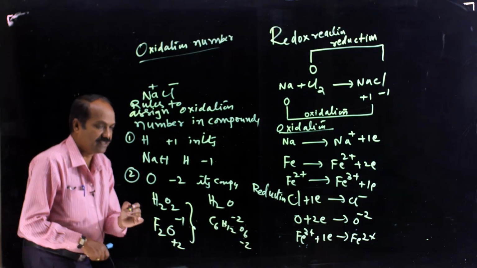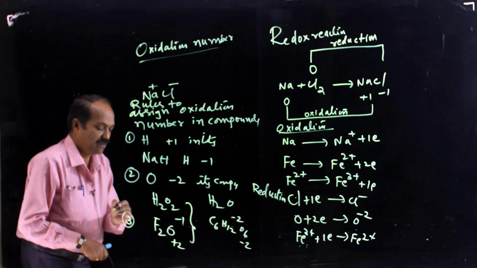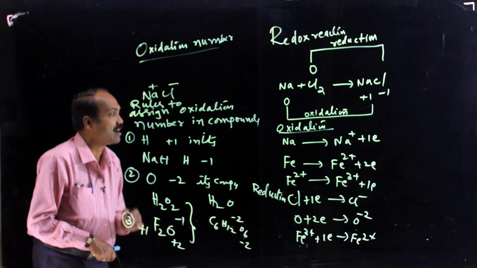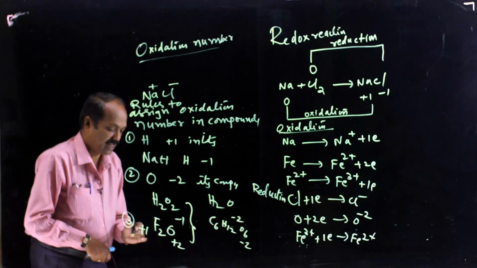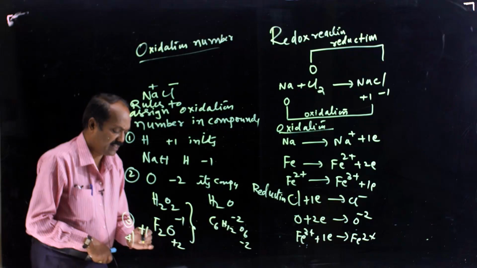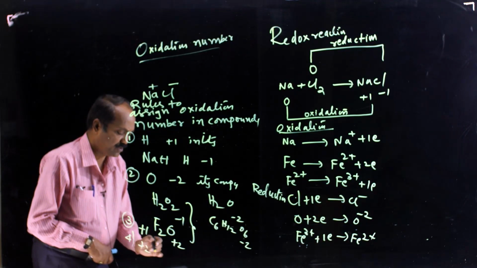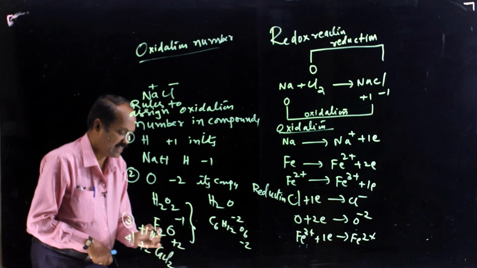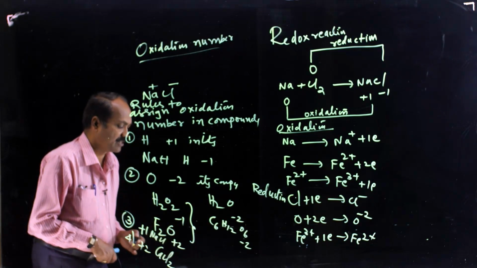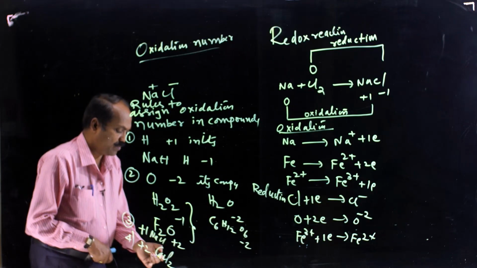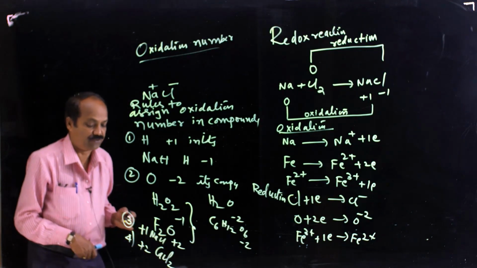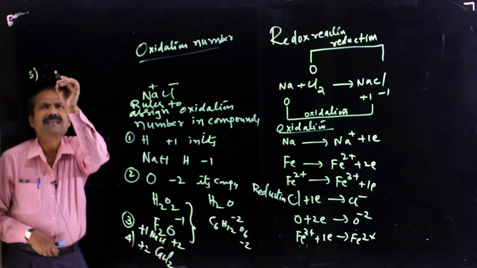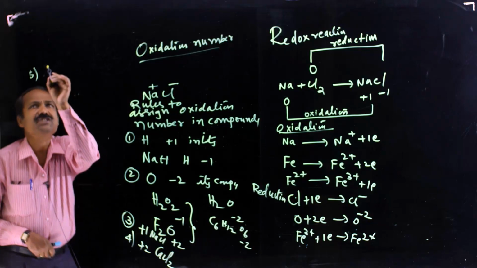And the third rule is first group elements in the periodic table have oxidation number +1 in their compounds, and second group elements in their compounds have +2. For example, in CaCl2 and NaCl, first group elements have oxidation number +1, whereas second group elements have oxidation number +2. And the fifth rule is the sum of the oxidation numbers of